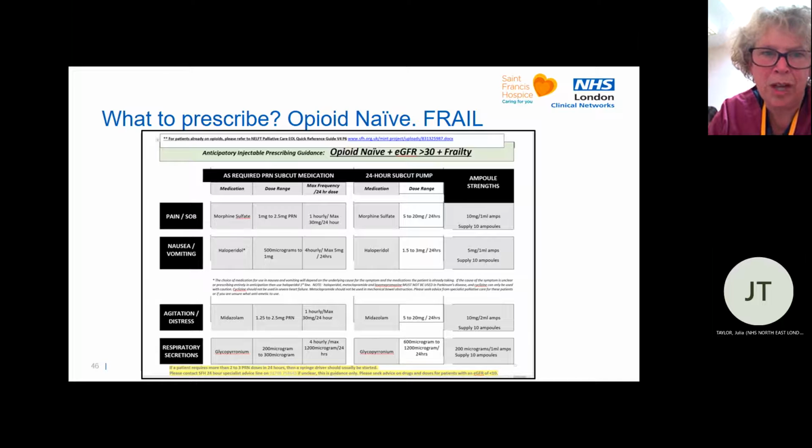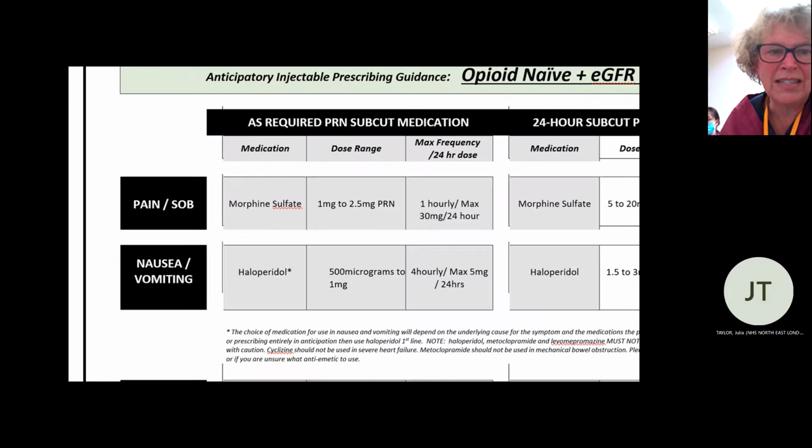You will look after people who are frail, elderly, with multi-comorbidities, and you may be concerned about the dose size and the weight of the medicines that I've just shown you in the standard start. So for frailty, if you have a patient who is frail, notice a slight change in what I would suggest